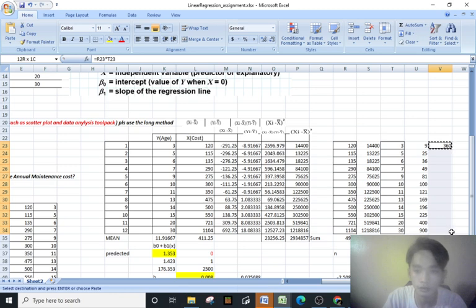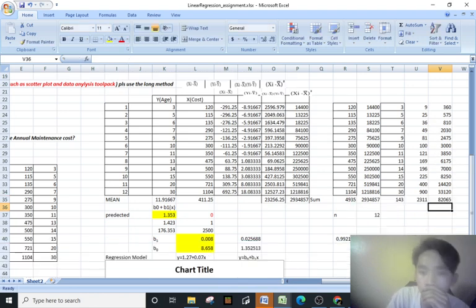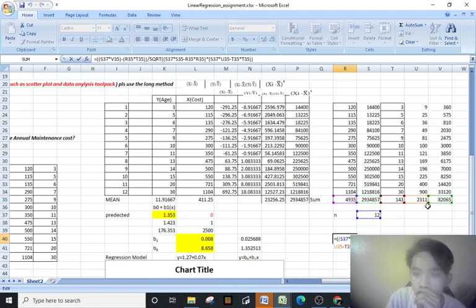Copy for the rest. And also get the sum. So it has finished. Then the method that I've given is to multiply the number to the sum of the multiplied x and y,